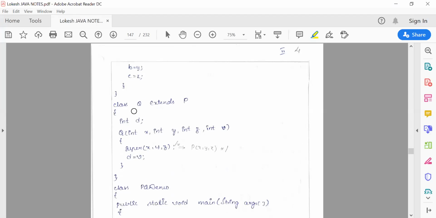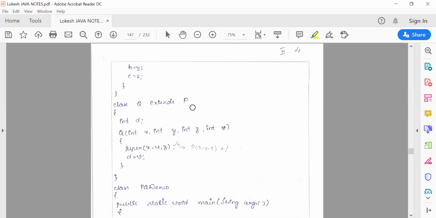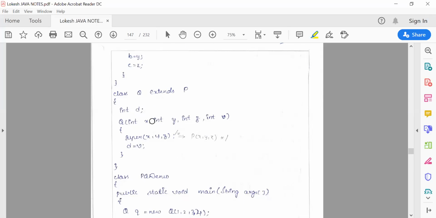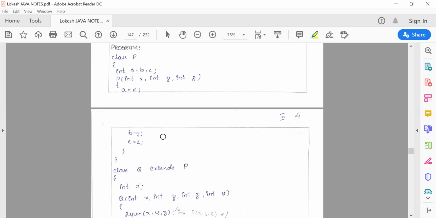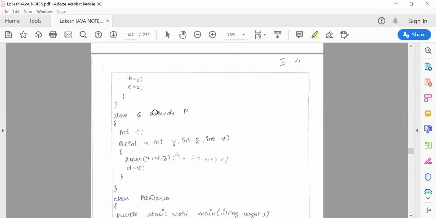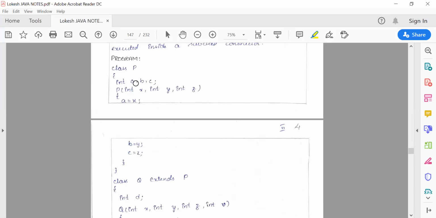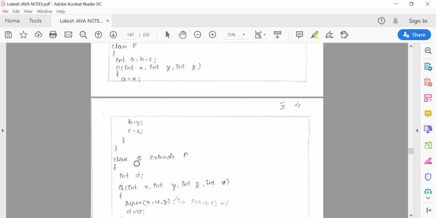Now at the bottom, you have a class called Q, where Q is extending all the properties of P. The reason is that inside Q we are supposed to have four instance variables. The same approach, we need to assign values. Instead of rewriting the code again, since the initialization of three instance variables is already available, we are just inheriting class P into Q. So here, what are we trying to do? We just create a variable called D, since A, B, C will already be derived into Q from the parent class P.